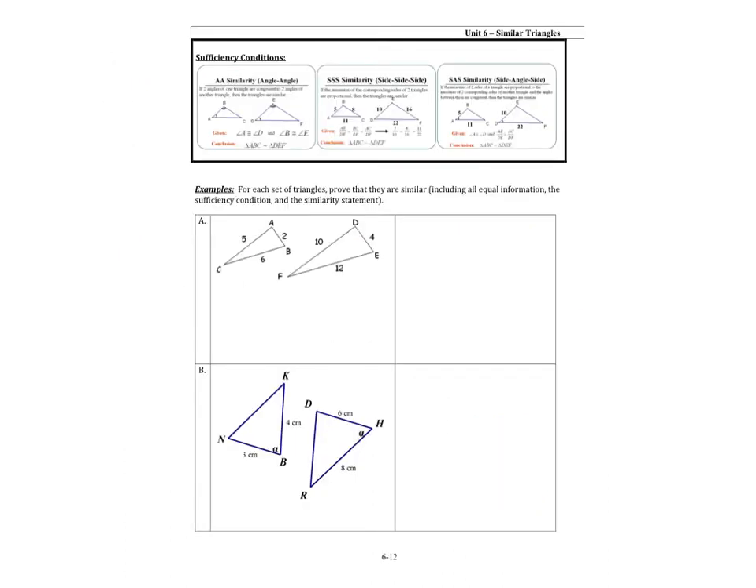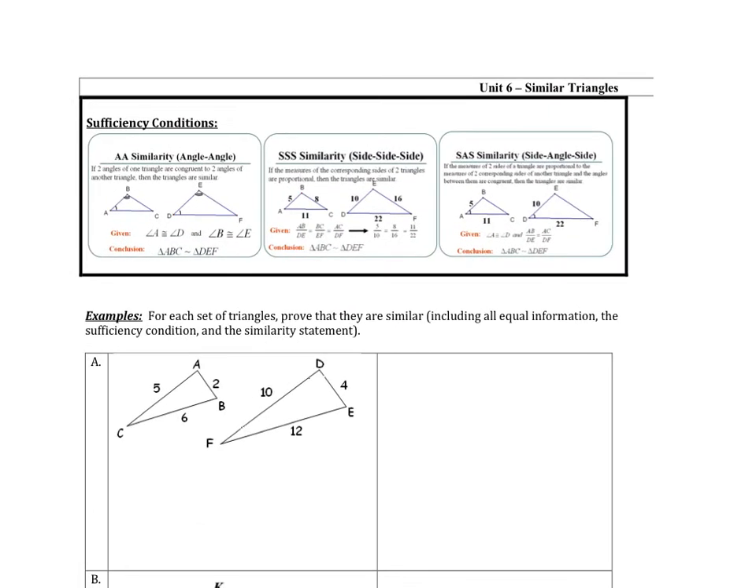Okay, so let's try to actually prove similarity and write our similarity statement. Now, yesterday we looked at congruent triangles and they had a few sufficiency conditions, and same thing with similar triangles. There are three different ones. The first one is angle-angle similarity. So the minute that you know that two angles in your triangles are congruent, so they're equal,